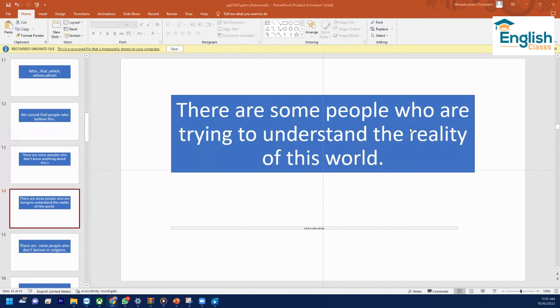The second clause starts with the word who. That is the relative pronoun. Who are trying to understand the reality of this world is the relative clause here. We have used the relative pronoun who instead of the word people. We always use the relative pronoun who to describe people,